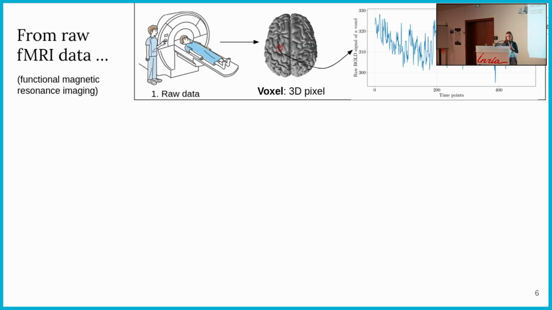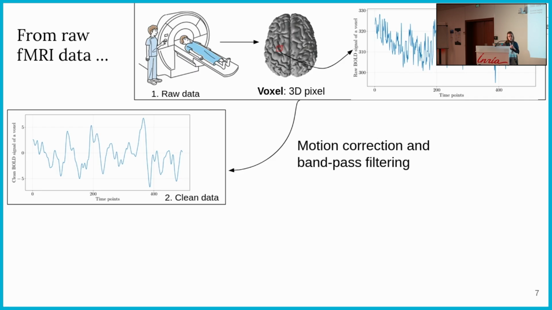So we start with the output of an fMRI machine, which is a time series for each part of the brain, and in particular a time series for each voxel of the brain. And a voxel is a 3D pixel of the brain. You can see that this time series is quite noisy because it can contain some movement of the patient and also involuntary movements,